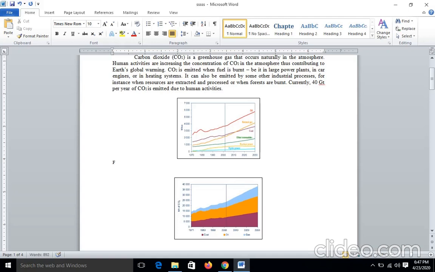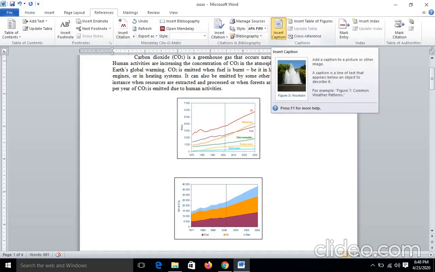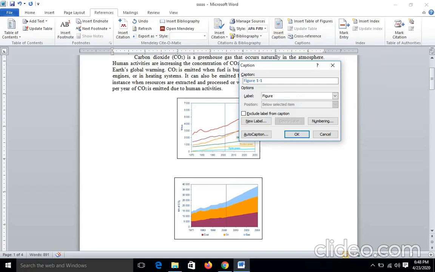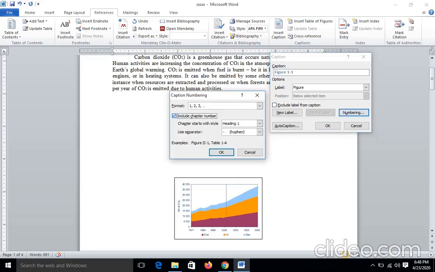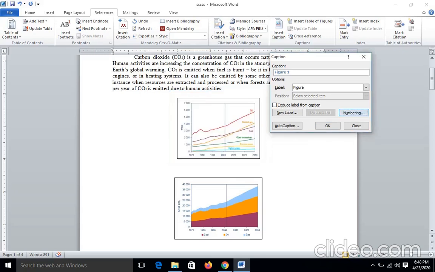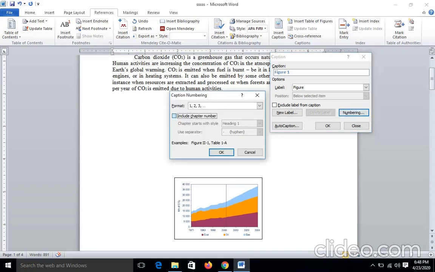You need to go to References. After that, click on Insert Caption, where you can have the description of it. So you can name and number the figure from this option, Insert Caption. You can see the option Label is Figure. It has other options as well, such as table and equation. Right now we are having figure. Numbering will be done as per that. If you don't want the chapter number, you can choose to include the chapter number or not. I am including the chapter number.